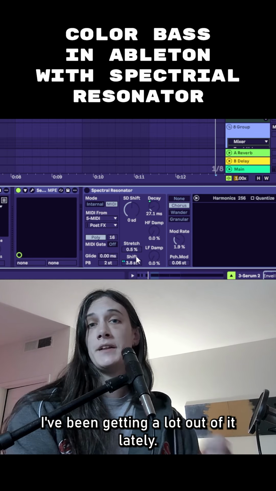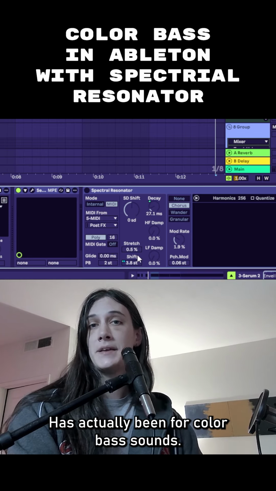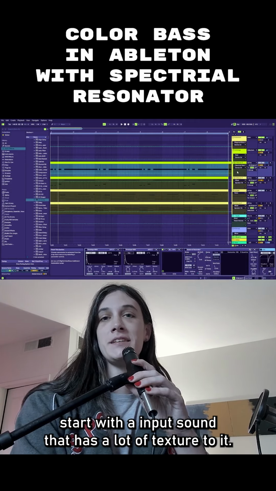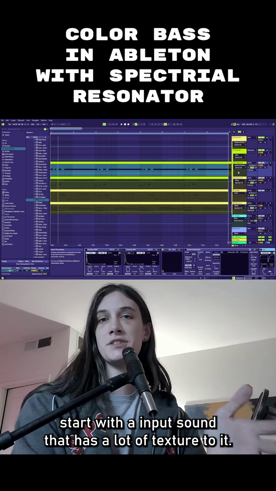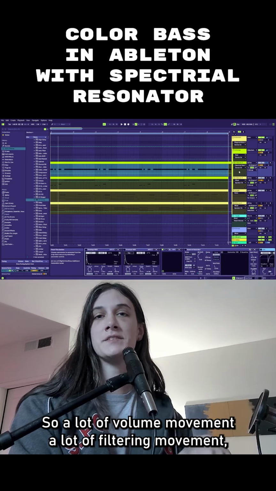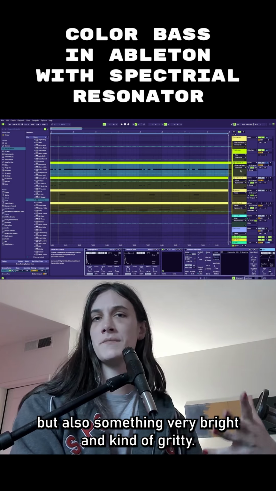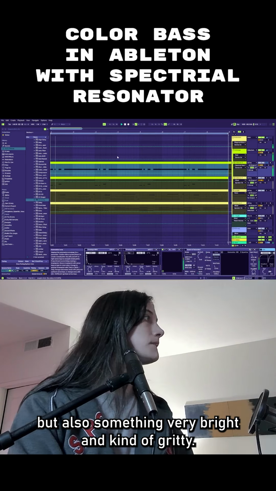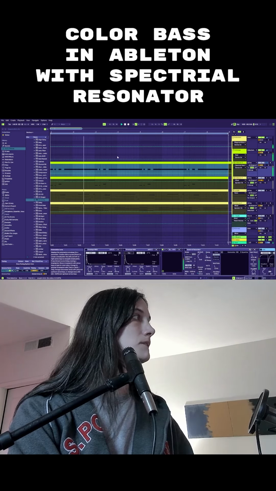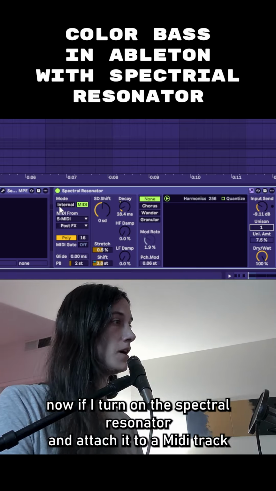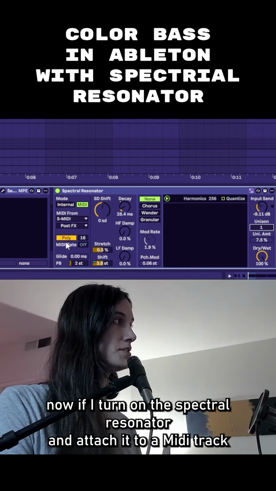A use that I've been getting a lot out of it lately has actually been for color-based sounds. Start with an input sound that has a lot of texture to it. So a lot of volume movement, a lot of filtering movement, but also something very bright and kind of gritty. Now if I turn on the Spectral Resonator and attach it to a MIDI track,